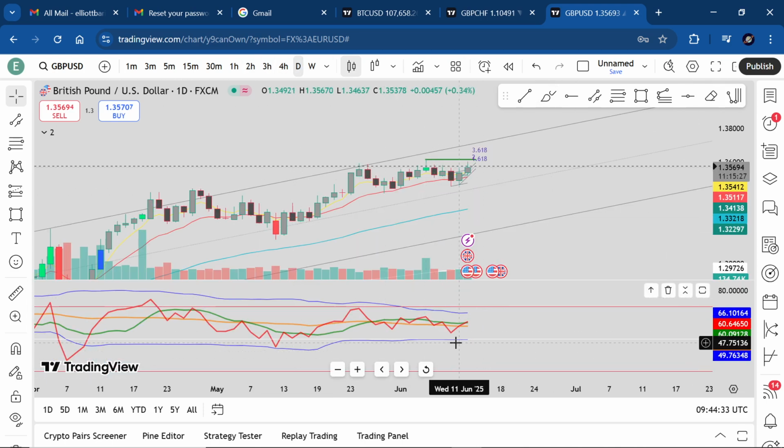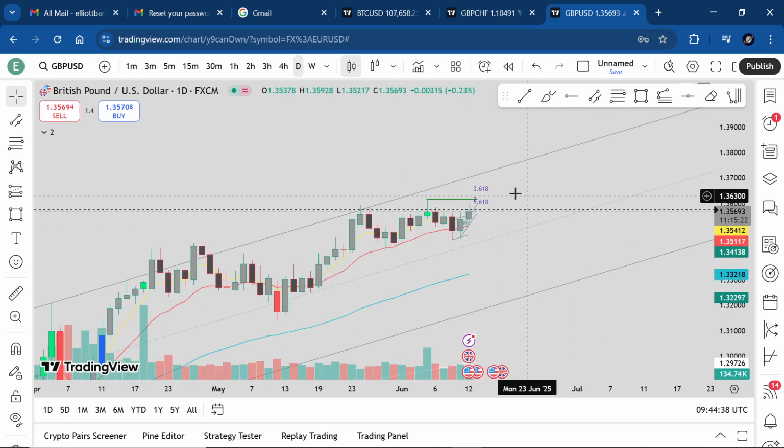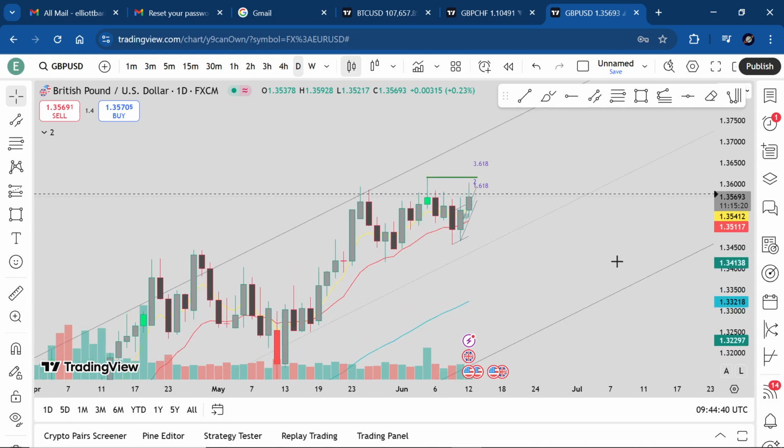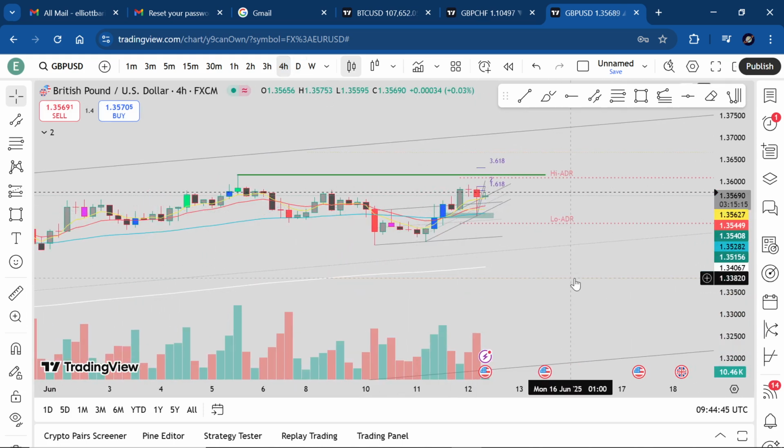Right, momentum's to the upside. We're above the market baseline. We're above the signal line. We're above the 50 EMA, 13 EMA, and the 5 EMA, and all of this is on the daily time frame. Let's go down to the 4-hour time frame,